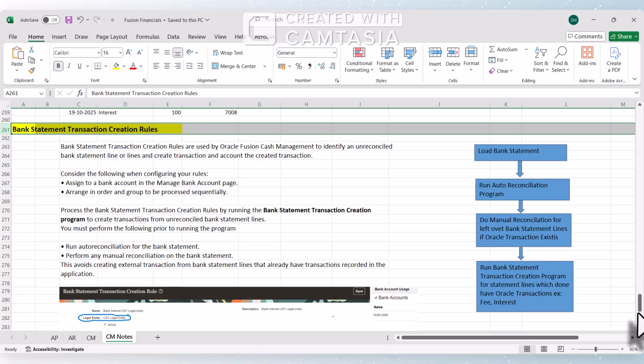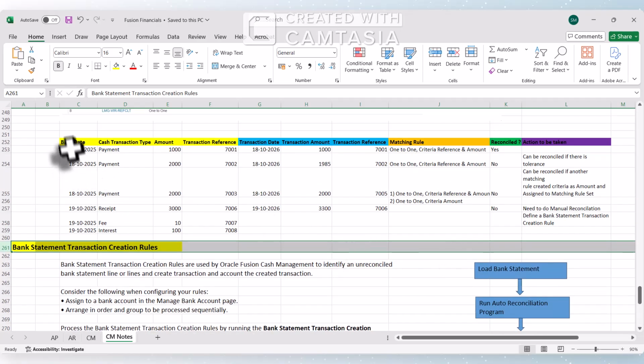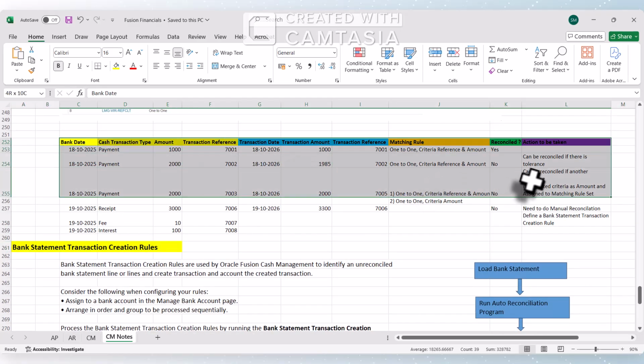So now, to give you a better picture from the data perspective, this is the table that we discussed in the last video. If you have not seen the last video, you can watch the last 5 minutes of the video to understand this table. To briefly describe,